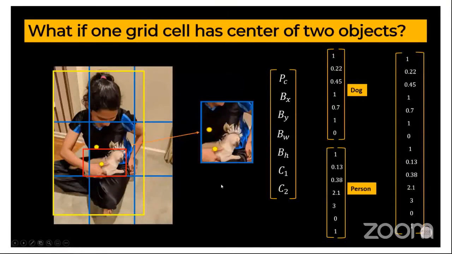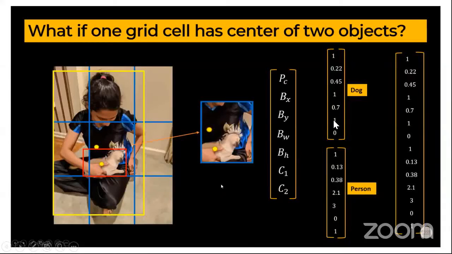Now there might be a situation where you have multiple objects inside the same grid cell. In that scenario, you can use the concept of anchor box. Earlier you used to have this vector with count 1 2 3 4 5 6 7, right? Now you can extend this vector to 14. Half of the portion is for the dog, half of the portion is for the person.